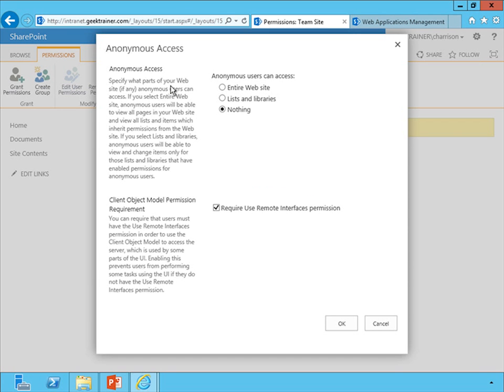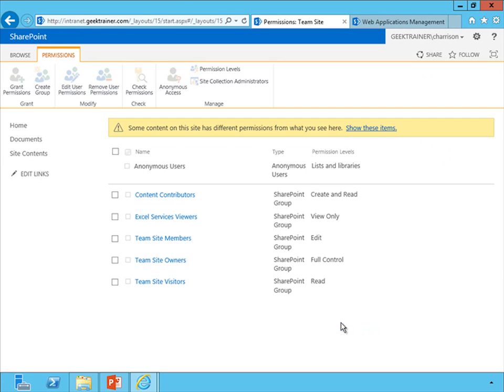And now you're going to notice that I can choose whether or not I want to allow for lists and libraries, whether or not I want to do it for the entire website. So I'm going to put a little dot next to lists and libraries, and I'm going to hit OK. And let's say that what I want to do is I want to expose out our documents for everyone to be able to access. So I'm going to go to my documents here,